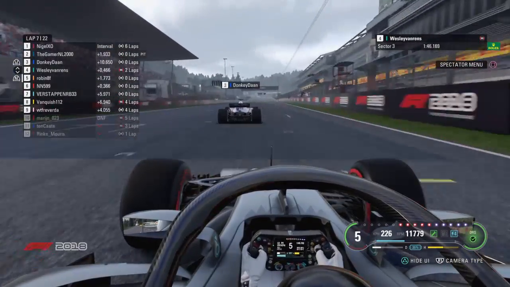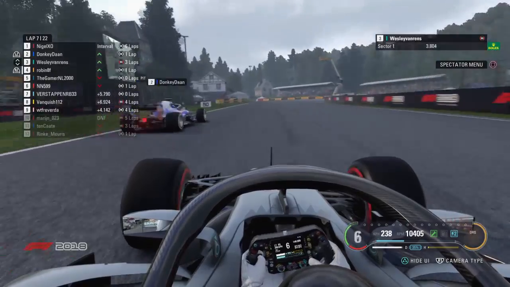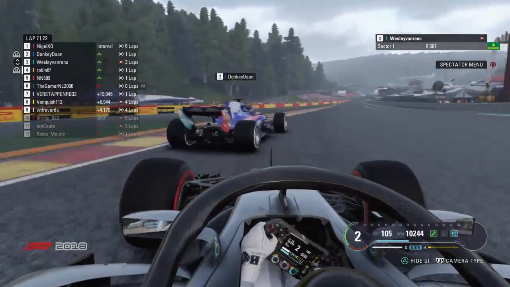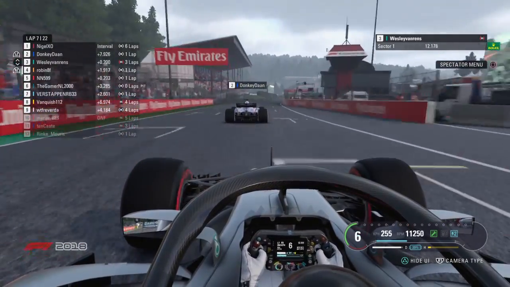Oh, and look at the traction Wesley gets. He's gonna be... yeah, he's gonna dive it. Or maybe no, he won't. He's just trying to put him off. Although he's going for another lap, and now he's that close to him. He will...